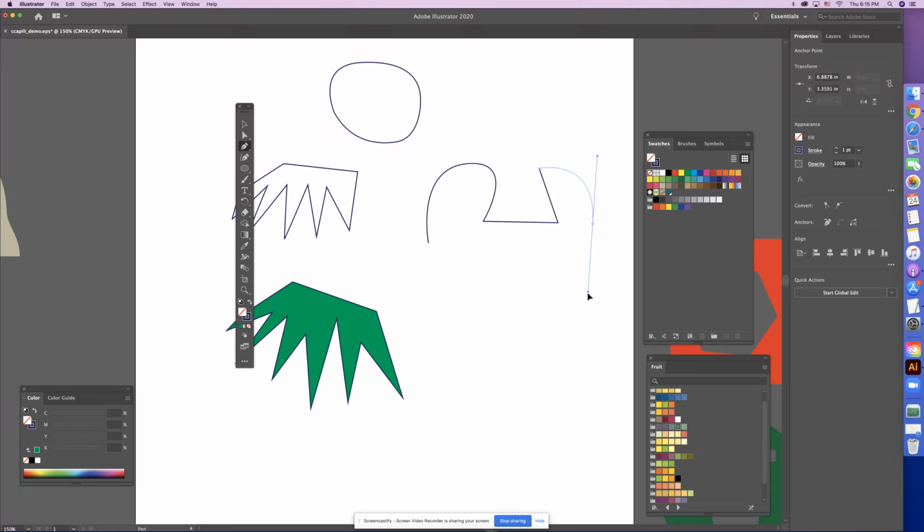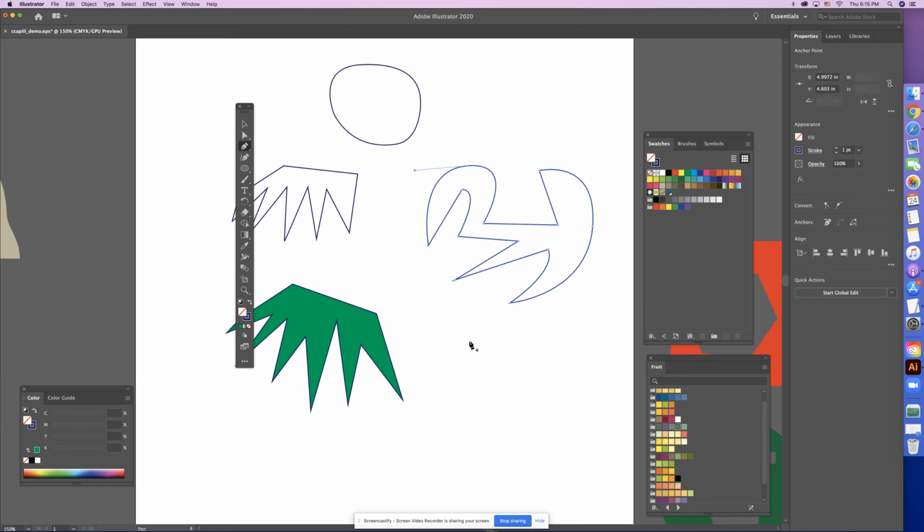And you can click and drag. And then if you want to change directions again, you click there once. You can click and drag. Click and drag. So you can kind of make a couple shapes and practice changing directions, clicking and dragging, you know, but just make sure whatever